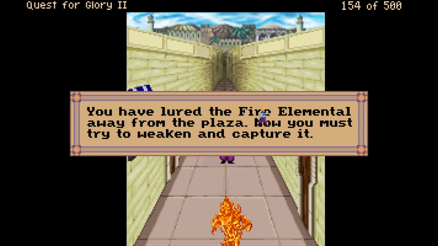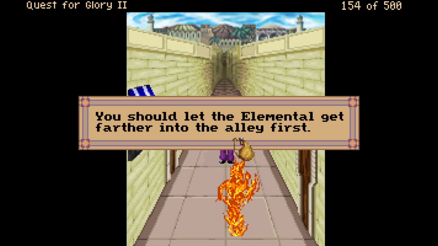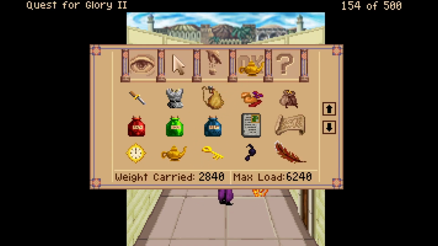You have lured the fire elemental away from the plaza. Now you must try to weaken it and capture it. Well, opposite element. Have some water. You should let it get further into the alley. And then...